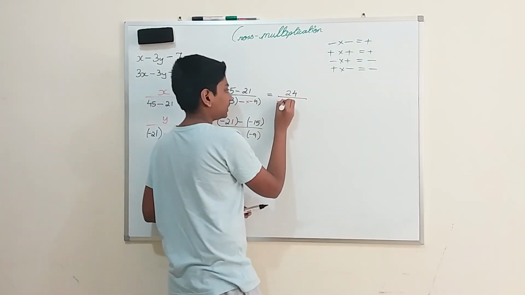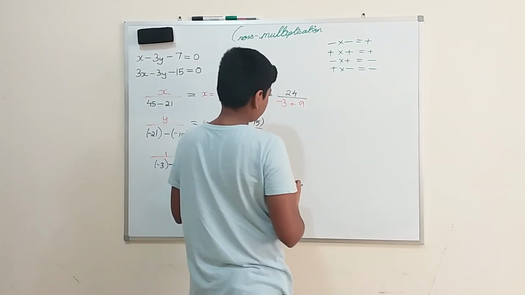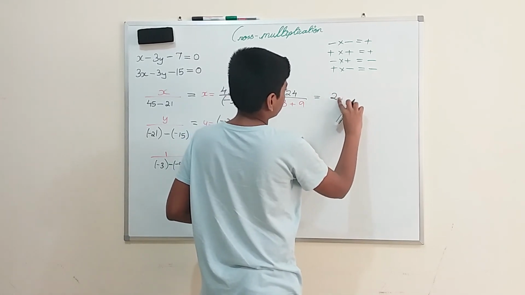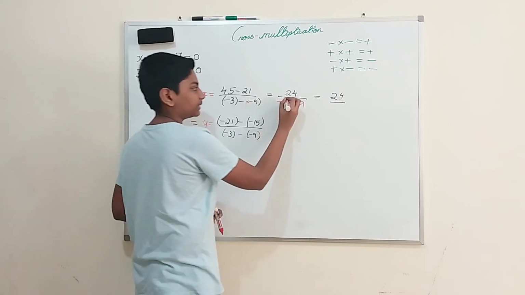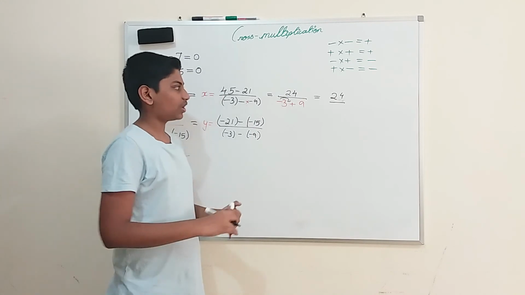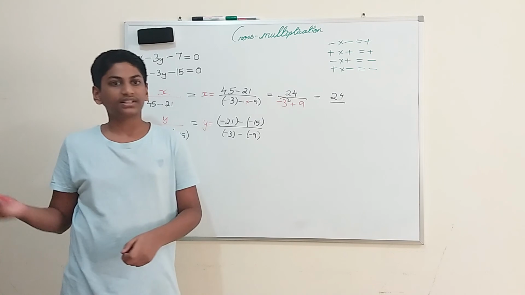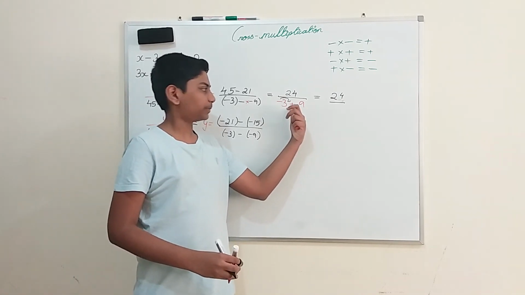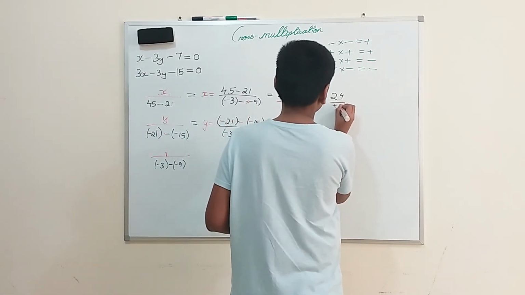So minus 3 plus 9, okay, which will be equal to 24 by, so I should multiply these both in my mind. So minus into plus will be minus. So I should subtract these both. So I'll get minus 3. So the product is 3 over there, and the sign of that product will be the sign of the higher number's product. So it will be plus 3. Plus 6. Okay, plus 6.